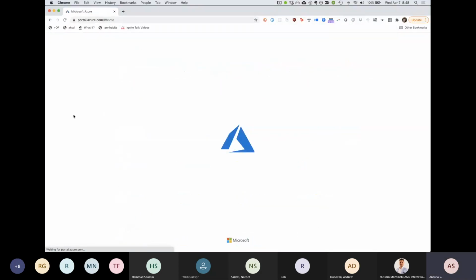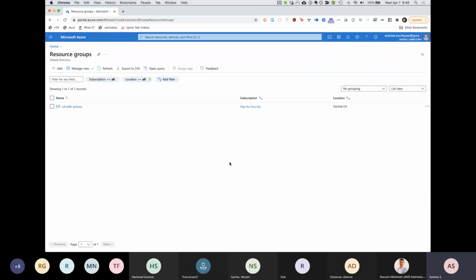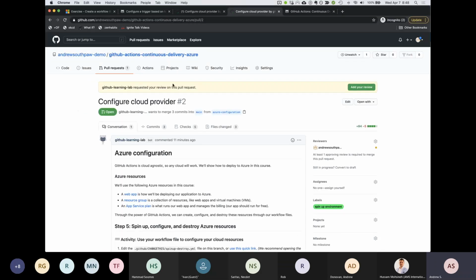Now, if I go to my Azure site, if I look for resource groups, we can see I've created a new resource group called CD with Actions. That comes from,